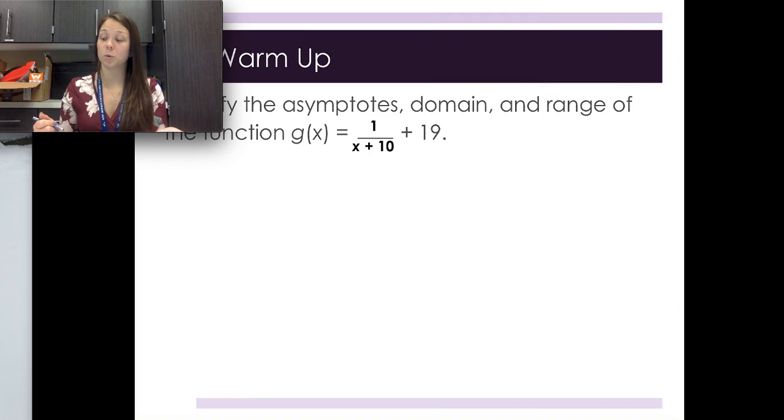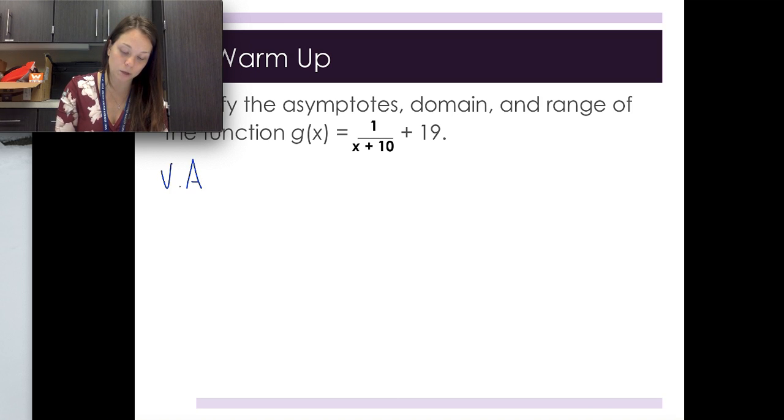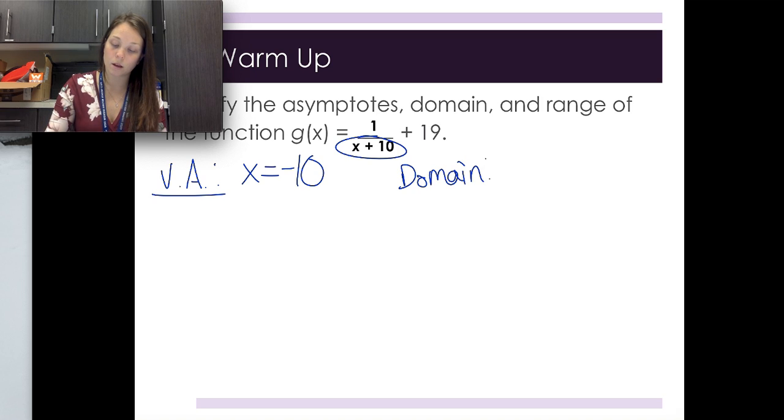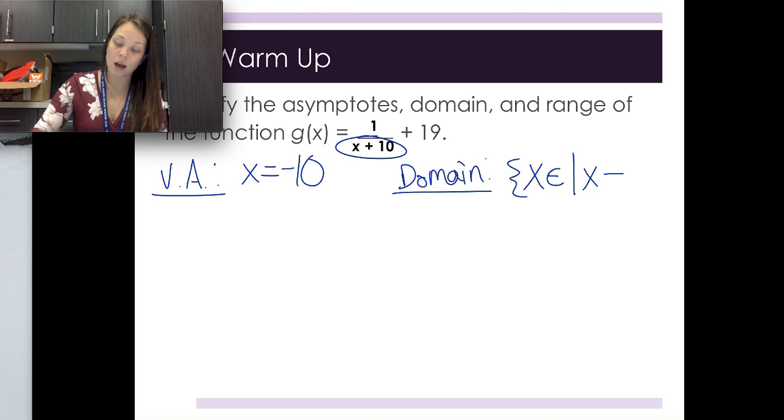So for a warm-up, let's review some of the things we talked about in the first part of this lesson. So identifying the asymptotes in the domain and range. So our vertical asymptote is in the form of x equals, and it takes that denominator, solving it for x, we would get negative 10. That also identifies for us our domain, which is all real numbers, except x is not allowed to equal negative 10 because that's where